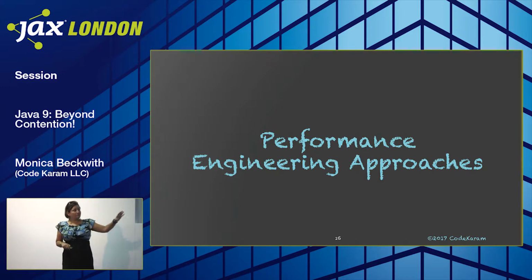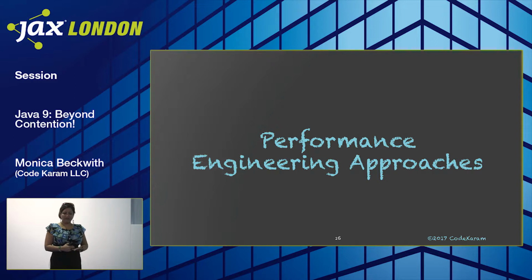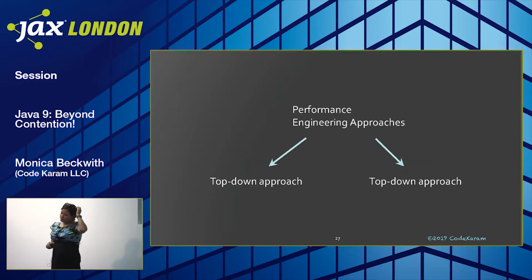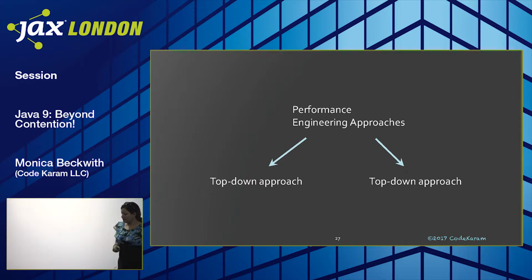So this is what I showed you previously, that was the optimization itself. Now, somebody came to us and said, you're performance engineers, I want you to show me that this optimization is in place, A, and B, that we actually see some improvement, right? So what approach would you apply as a performance engineer? There are two approaches that most engineers would go by. One is called top-down, and the other is bottom-up.